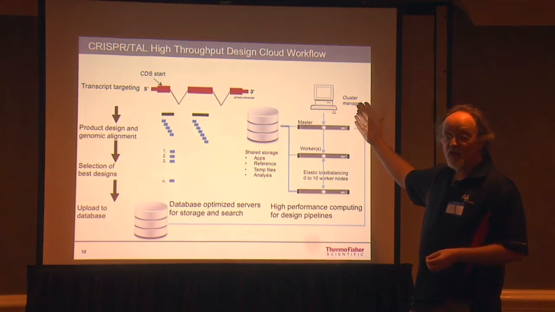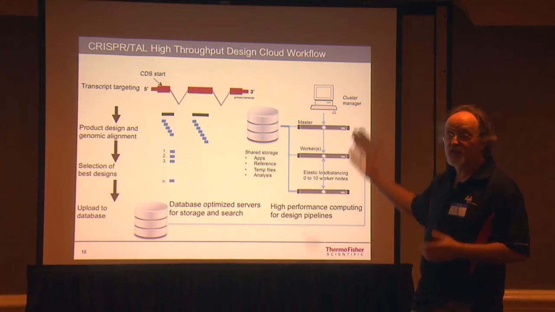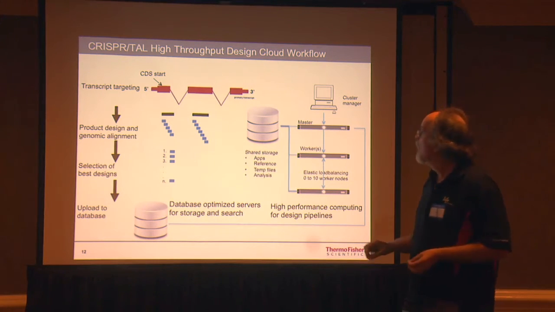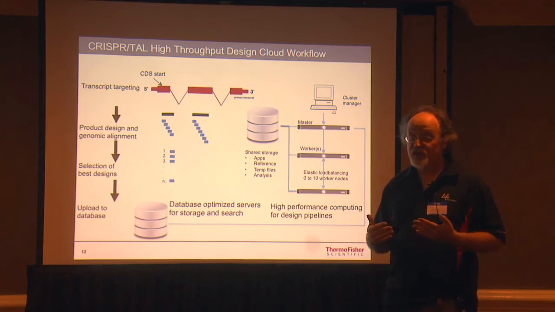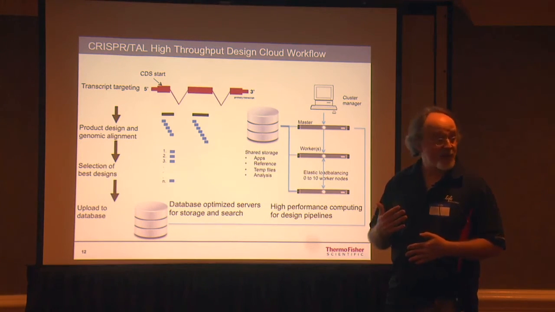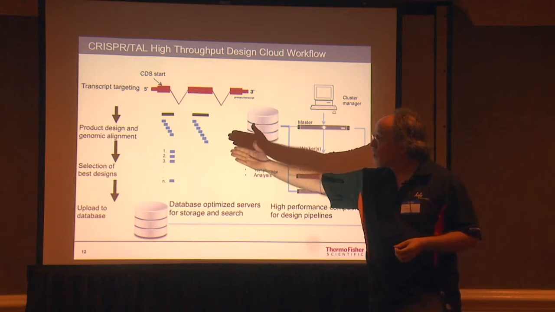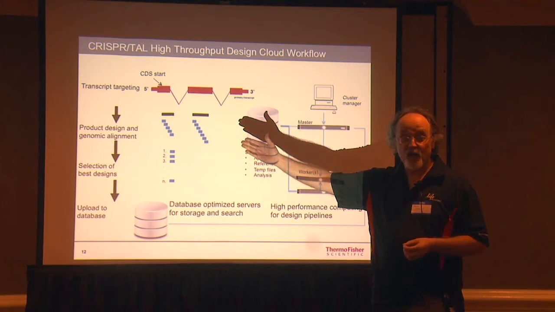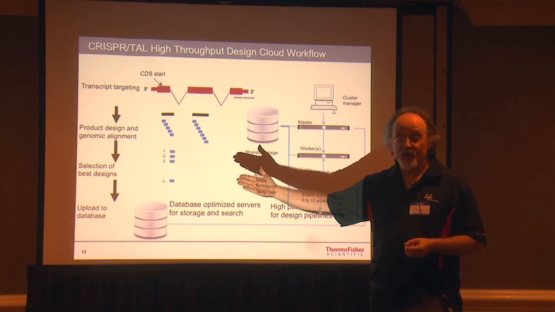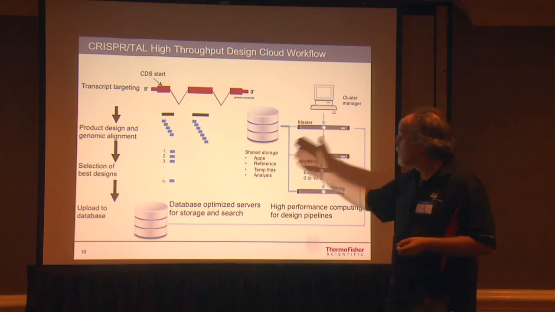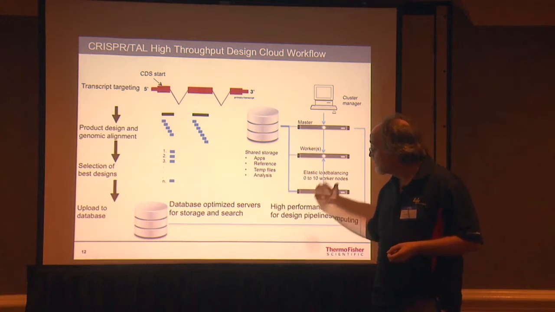Over here, you can see part of the compute infrastructure we had to put together to do this. If you think about it, you've got 24,000 genes within the human genome. Each one of those is between 1 and 10 exons at least. All of those have got pseudogenes to a certain extent. All of those may have repeats. And what you have to do is, first of all, identify what is a good guide RNA target site. Then you have to have a very fast way of screening that against the entire genome to find out, are there any other parts of the genome where you may have an off-target effect? Then you have to filter all of that data,